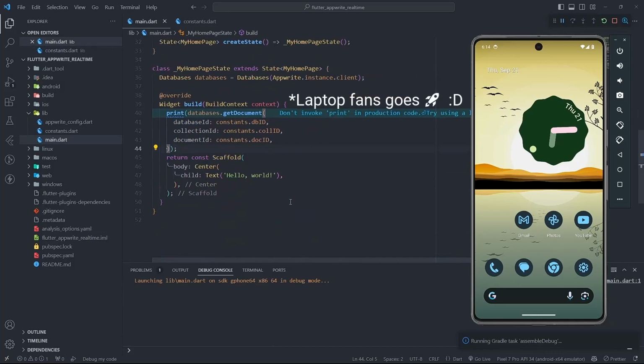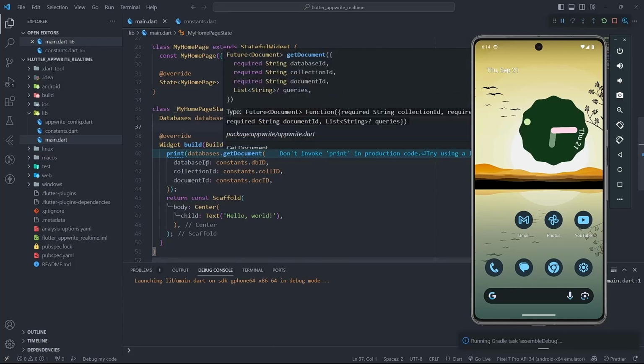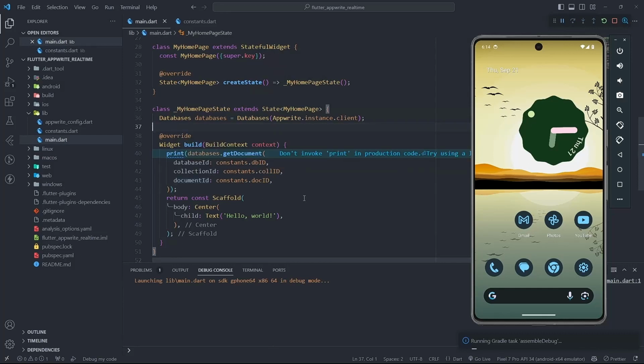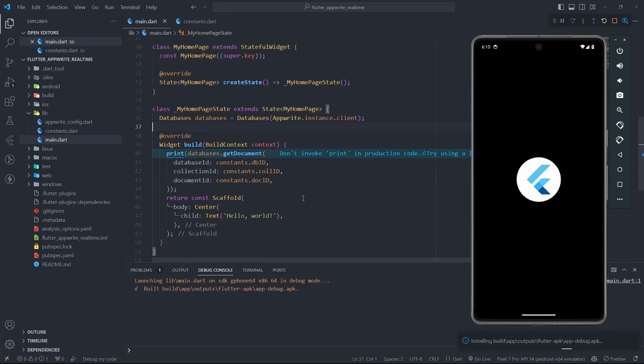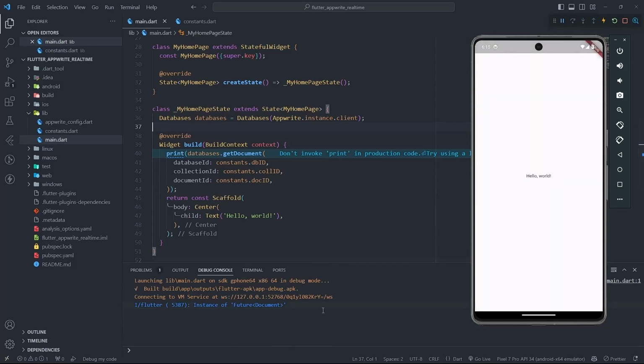And let's see if we missed anything. Like, we have created a database instance and we are calling databases.getDocument by passing it the database ID, collection ID, and my document ID. So yeah, now my app is up and running,